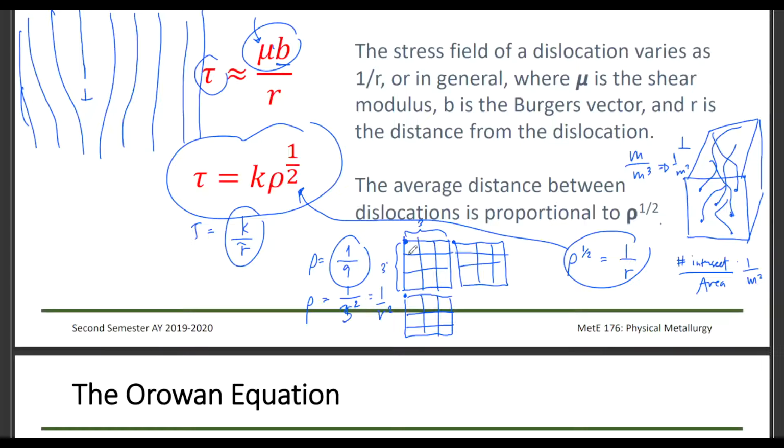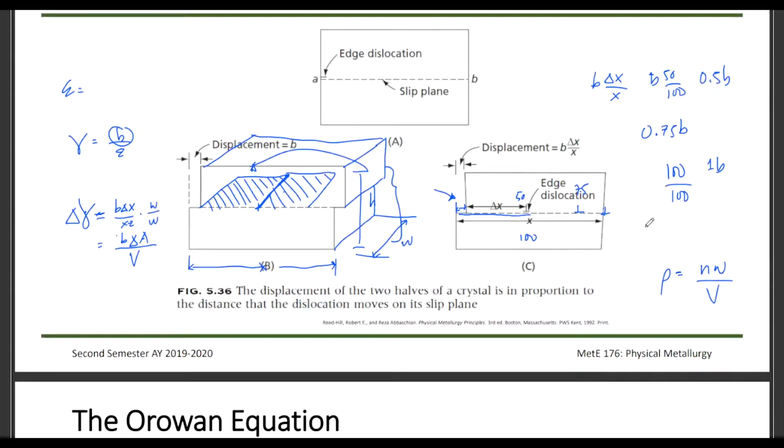So we can measure it this way, or we can measure the entire volume, no? So in this particular case, measure natin entire volume. So our dislocation density becomes the number of dislocations multiplied by the width divided by the volume. Okay? So kung gusto natin malaman yung average na speed ng dislocation, we can say na